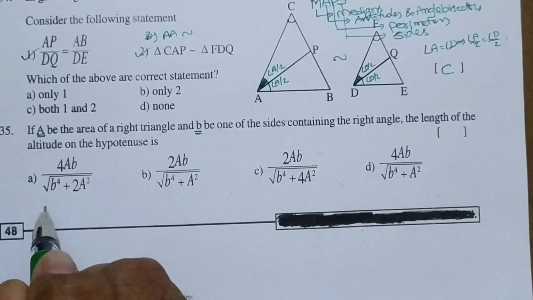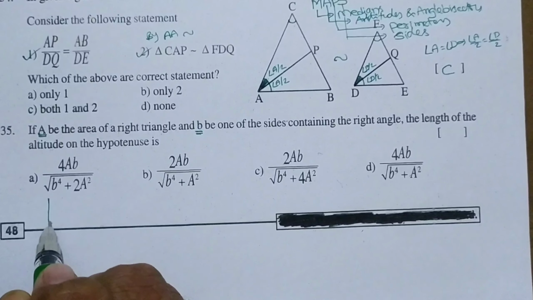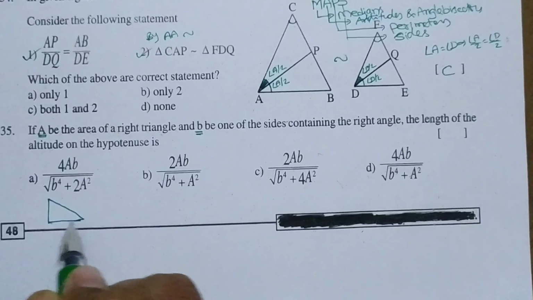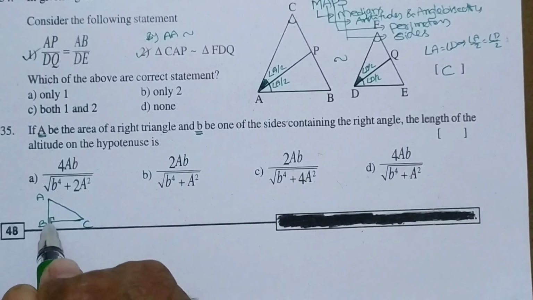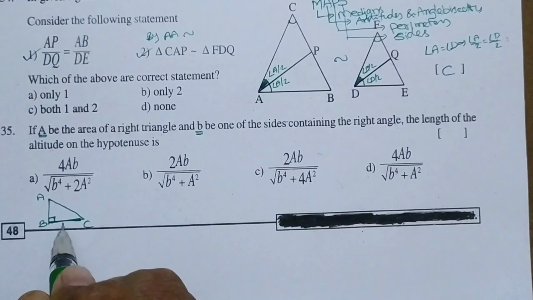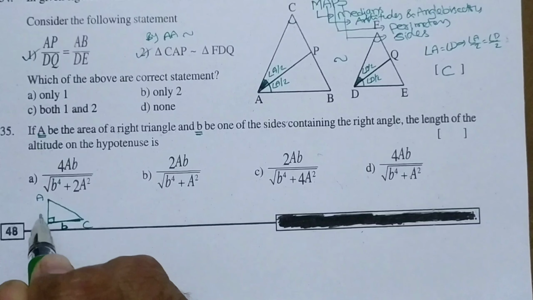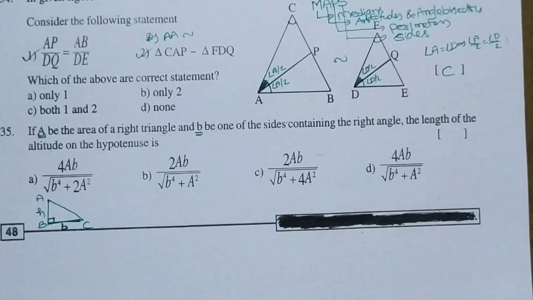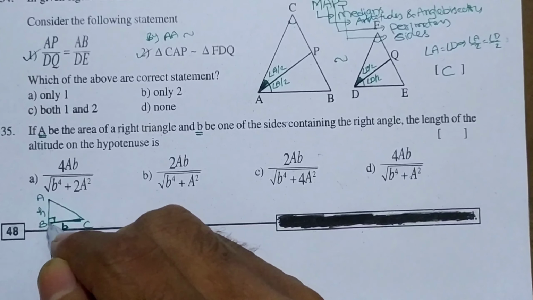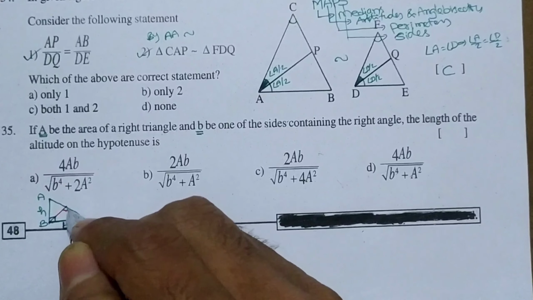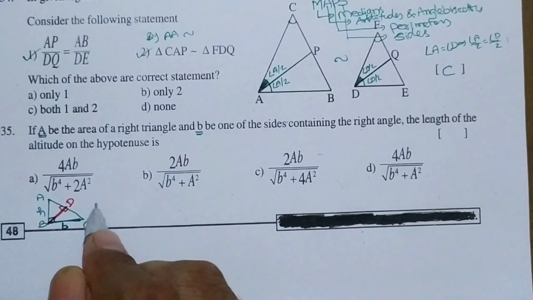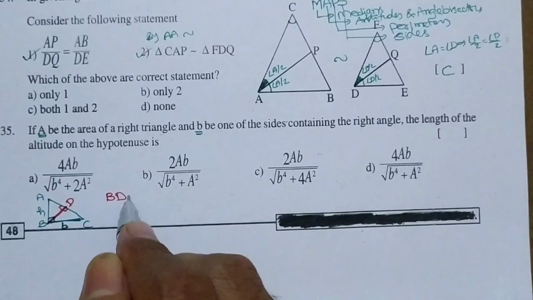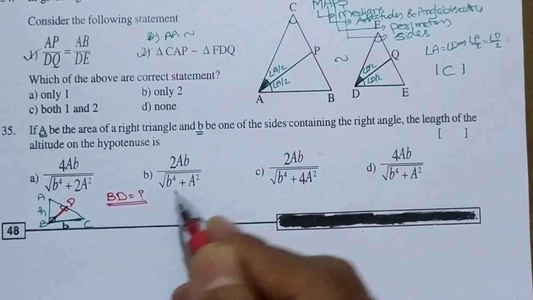So ABC is a right angle triangle. Here I am drawing it. This is A, B and C. The right angle is formed by either AB or BC. So here I am taking small b as BC. Now this is the height, this is H. Now one perpendicular is drawn. This is also called altitude. Altitude is nothing but perpendicular. Let us take it as D. So BD is the altitude. Now we have to find the length of BD. This is the target.